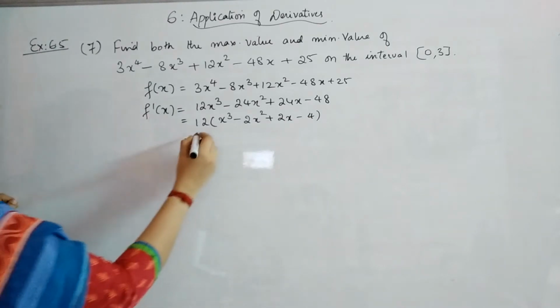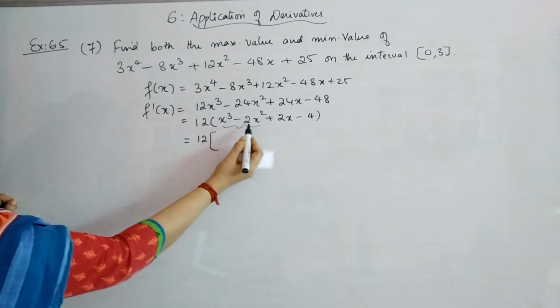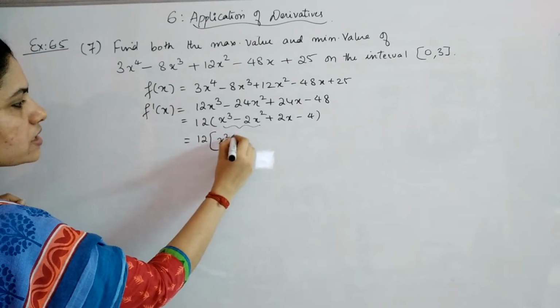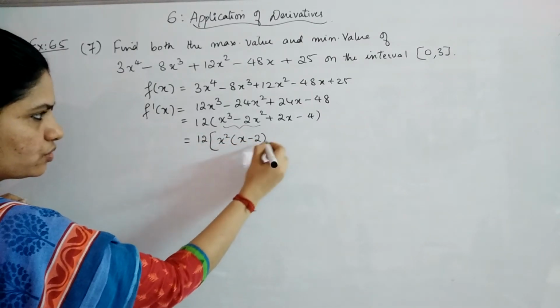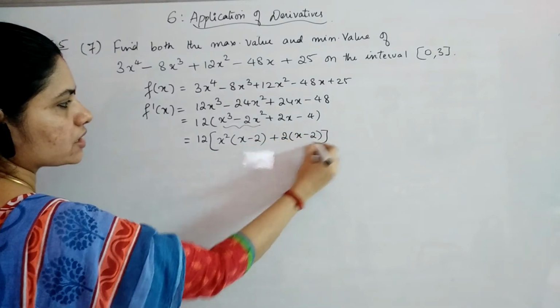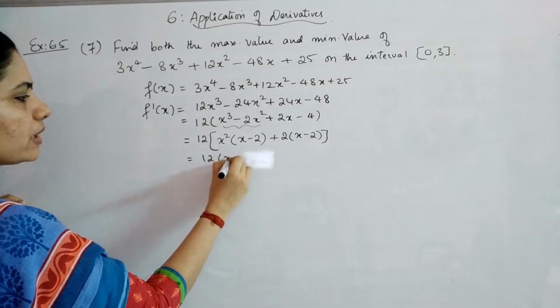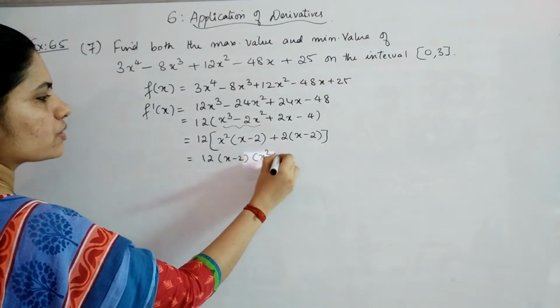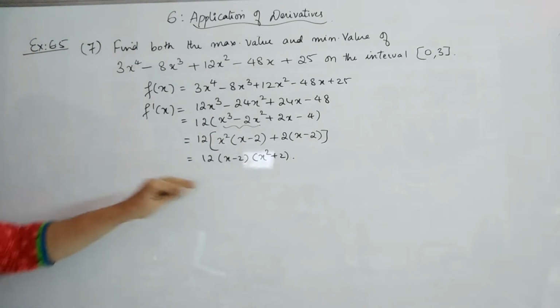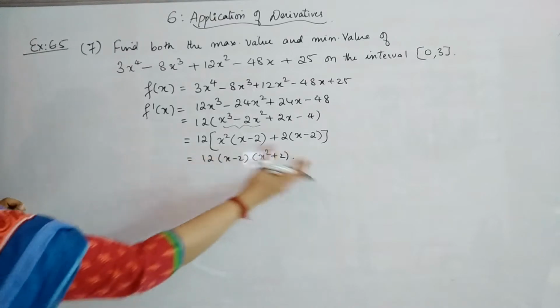Right? Now how will you solve this? You can take the common from these two, so you can take x square, remaining will be x minus 2, plus again you can take 2 here, which will again give you x minus 2. So this is common in both the terms. You can take it out, so it will become x minus 2 into x square plus 2. This will ease your calculation for f dash of x equal to 0.